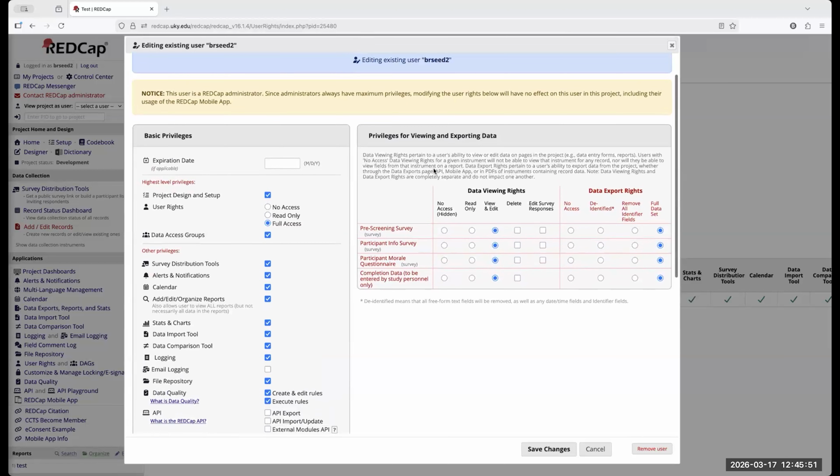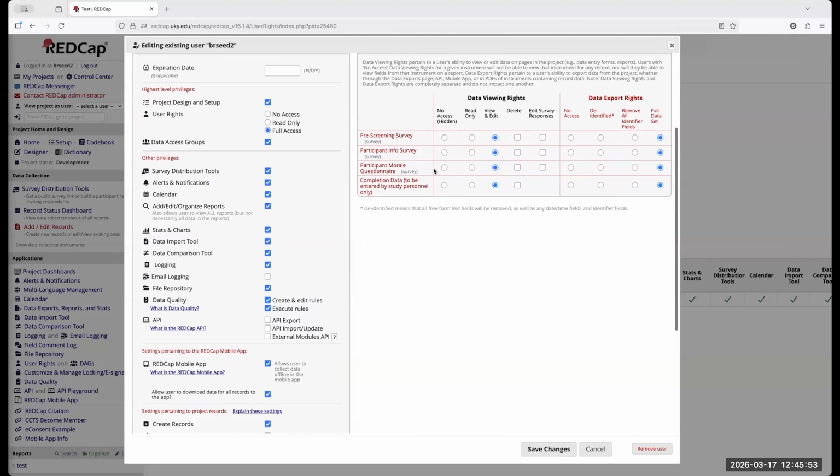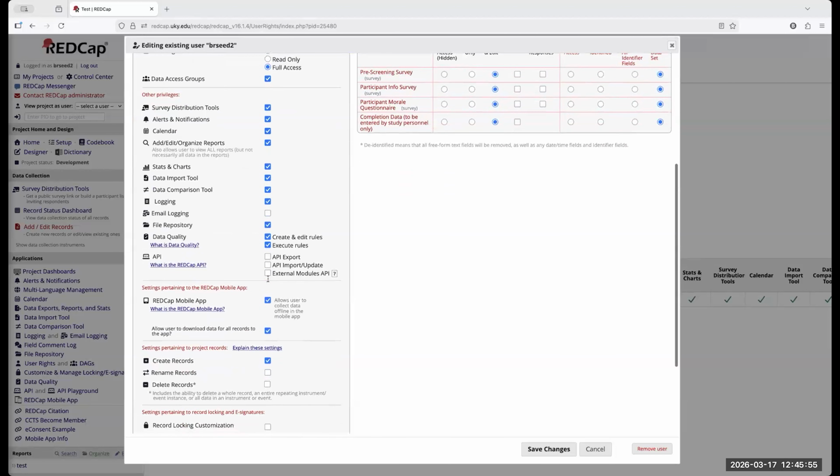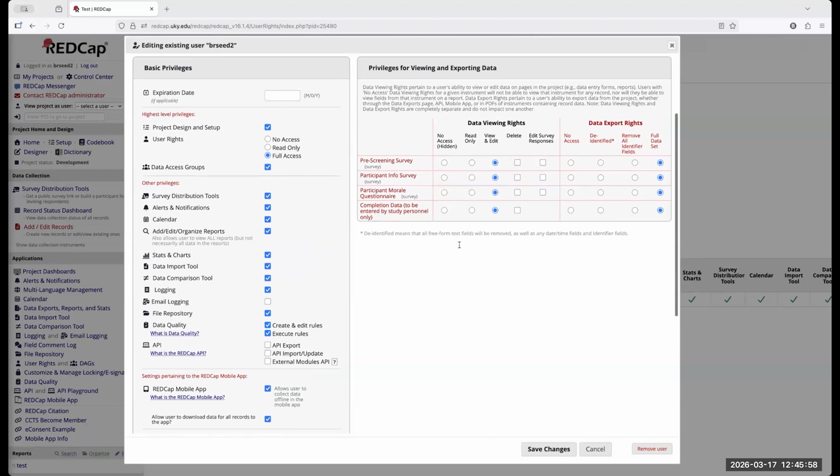Every person in the project will have this box of everything that they can access. And when you create a new survey while a project is in production, it'll pop up wherever, but most of the time it has no access or no data export rights. So keep that in mind when you're adding surveys or instruments to a project that is already in circulation.